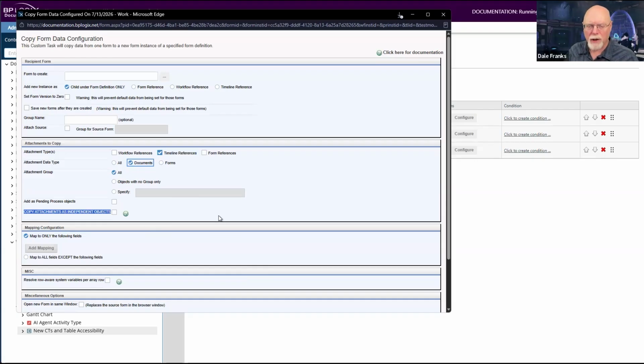What would get copied over would be a reference to the original, which meant any change that I made to the original document would be changed everywhere, even in the copied version, because it's not really copying the document. What it's copying is a reference to the document. So I basically have one canonical document, and I can copy form data a whole bunch of times. I can run a sub process a whole bunch of times.